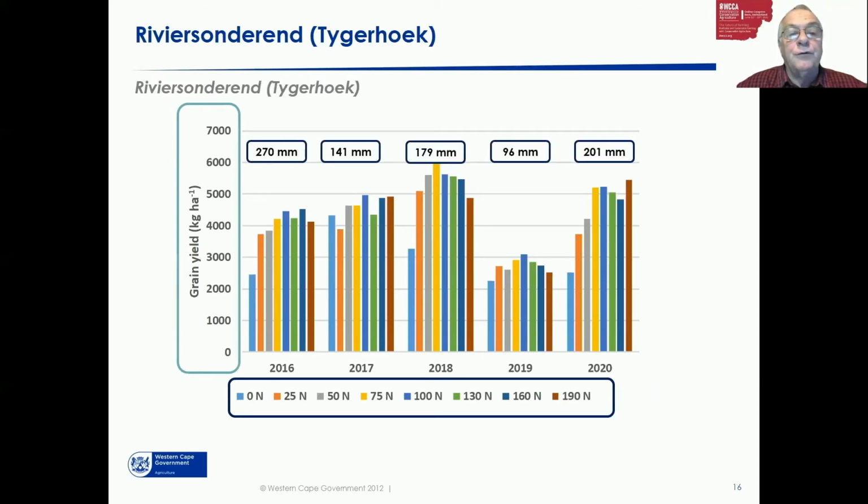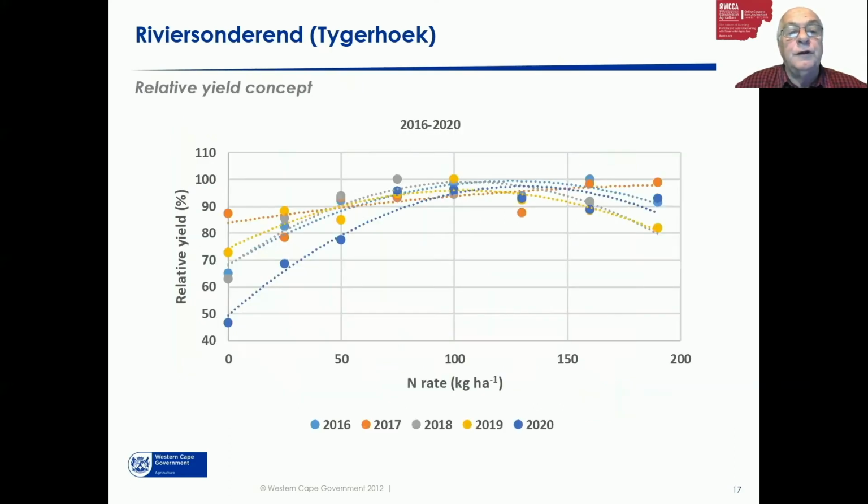So as you can see, the rainfall differs quite dramatically between years. So this is the average rainfall. We call it in-season rainfall, from April to September. Those are the important months for our season. So it is quite different between years. So from that, it's very difficult to get results. So what we do, we then